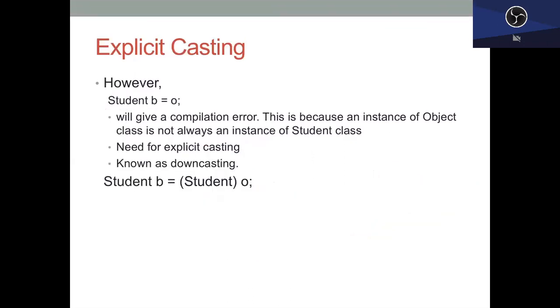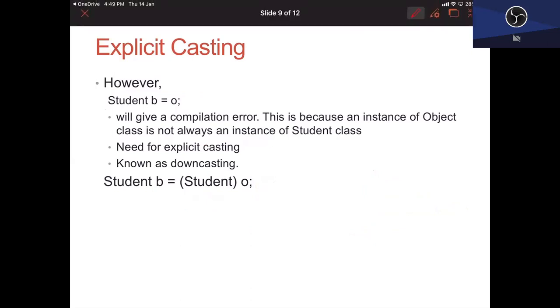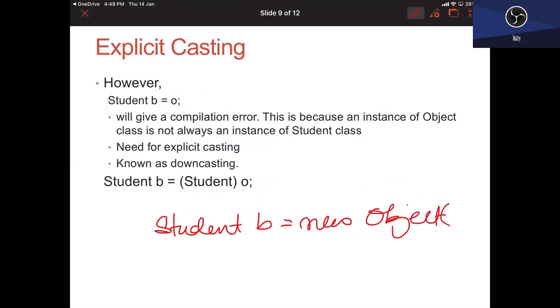However, if you try to write something like Student B = O, where O is of type Object, or Student B = new Object, I'll get an error. Why? Because it is not the same in the reverse order.